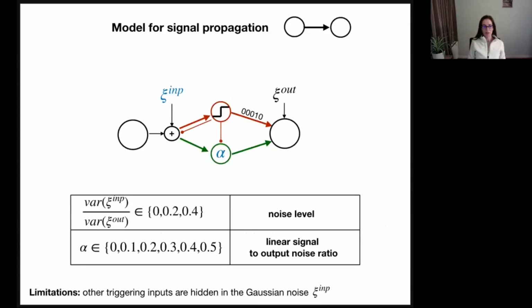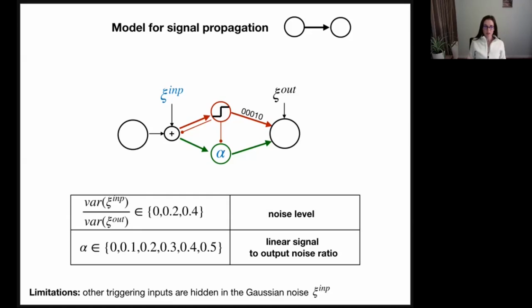To introduce the connection between the mimic signals, I chose a model that combines a nonlinear and then a linear signal propagation. The nonlinear signal propagation is highlighted by red, and it puts a threshold on the input and produces a point process that triggers these elevations of the signal. Another element in the model is a Gaussian input noise that accounts for hidden input cells that might trigger the output as well. The linear signal propagation is highlighted by green, where a constant alpha parameter determines the level of